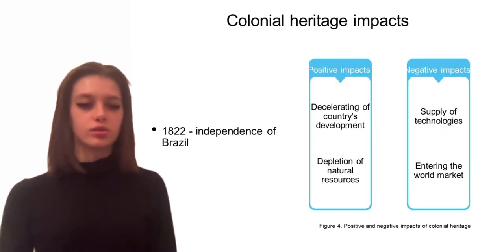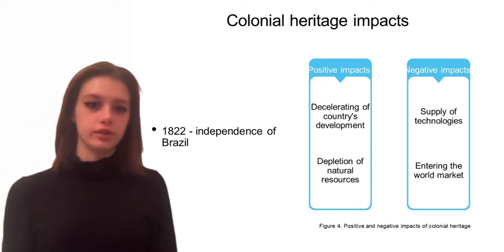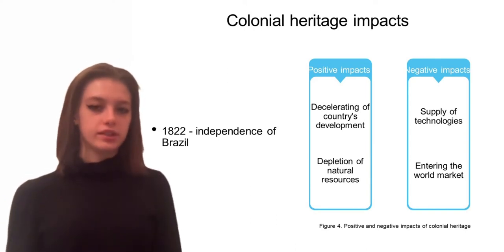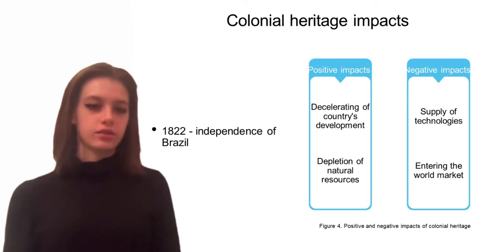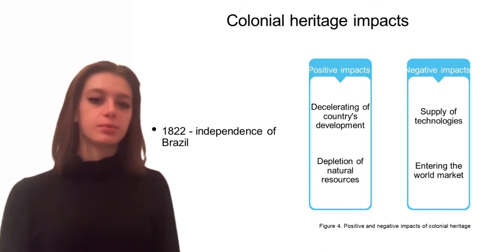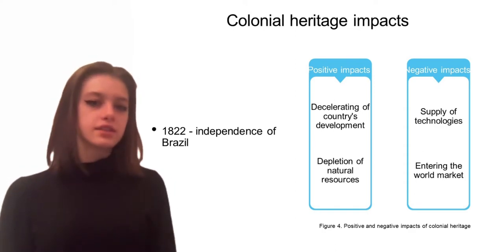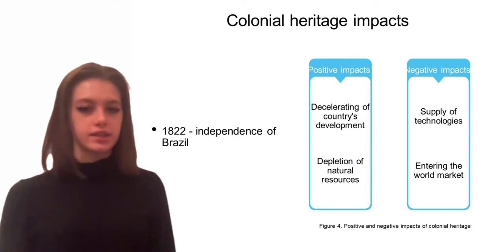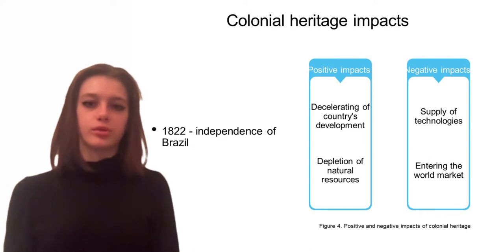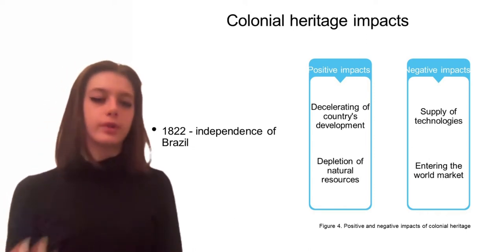In 1822, Brazil gained independence, so I would like to describe the main impacts of colonialism. On the one hand, Portuguese expansion slowed down the development of Brazil as the country was constantly dependent on its colonizer both economically and politically. Moreover, Portugal has depleted Brazil's resource reserves, for instance, gold. On the other hand, Portugal supplied Brazil with the latest technologies of that time, developed various industries of the country, and brought Brazil to the world market arena, which gave a strong impetus to the development of the state